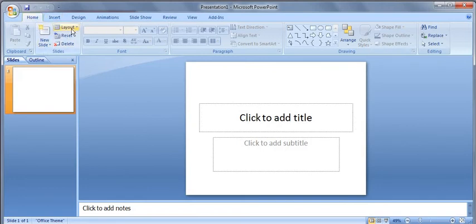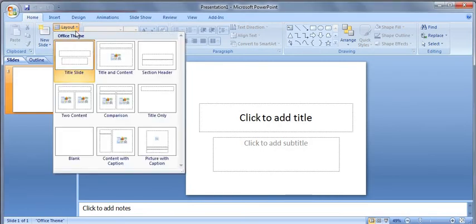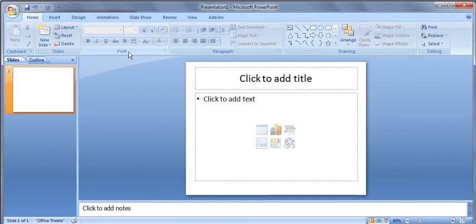In the home tab, which we have already selected, we have the layout option. I will click on this layout and choose title and content. Why are we choosing this layout?